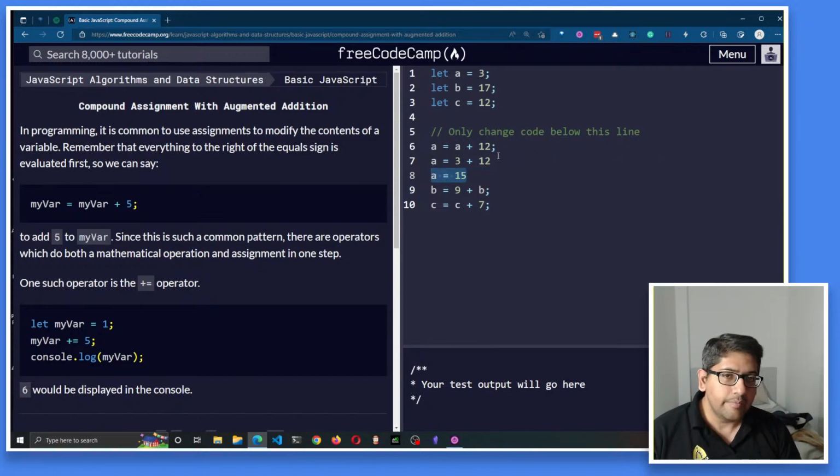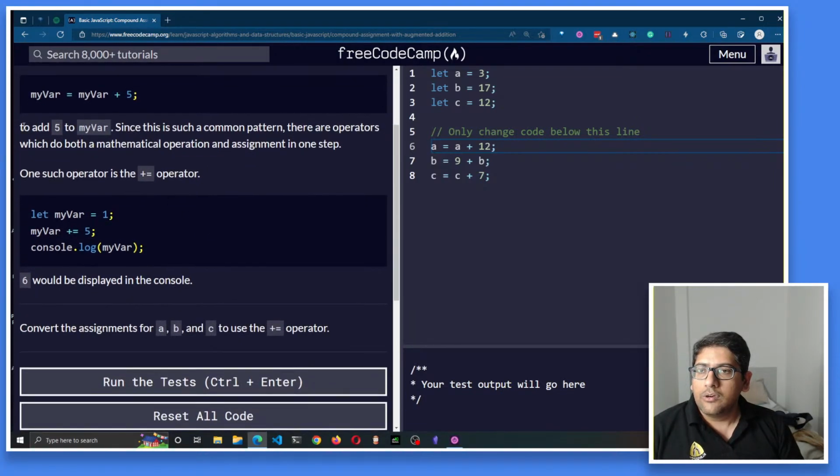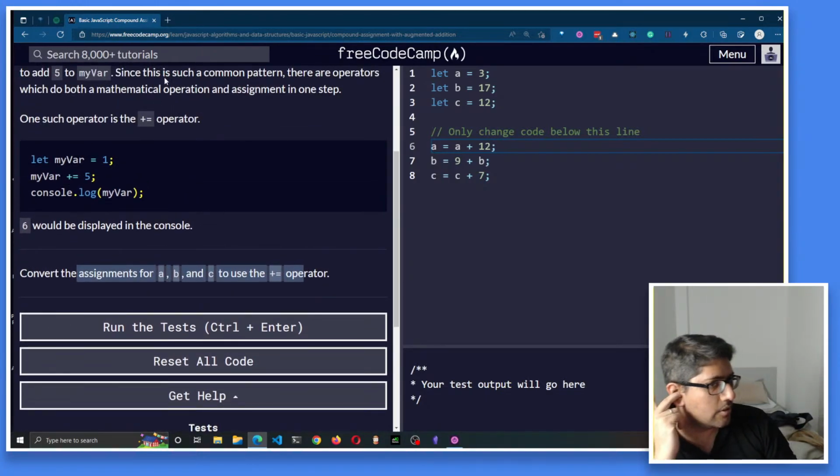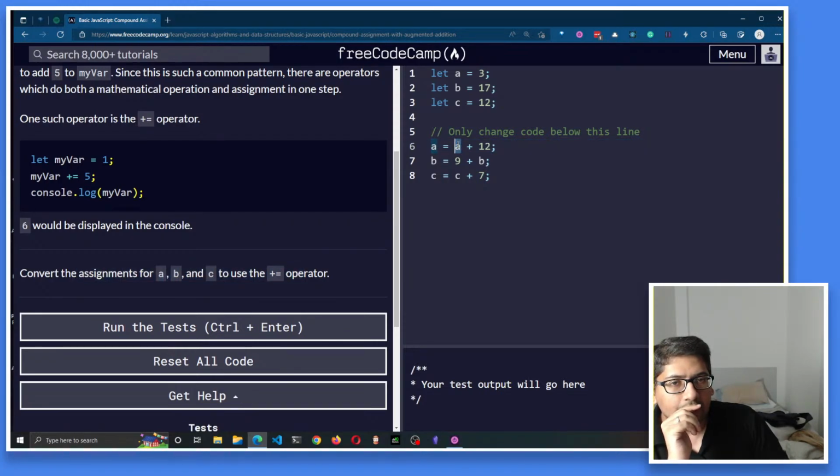But you have to understand that this gets evaluated first. So every time you say a equal to a plus 12, it will take the previous value of a, perform the action, and then save on top of it. What are we supposed to do? Convert the assignments for a, b and c to use plus equal to. So when you have a equal to a plus 12,